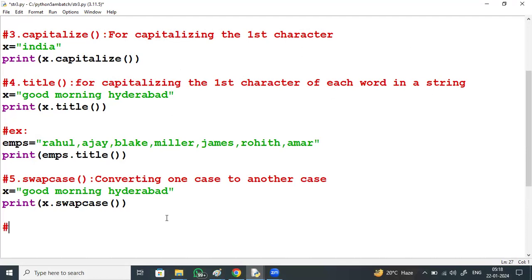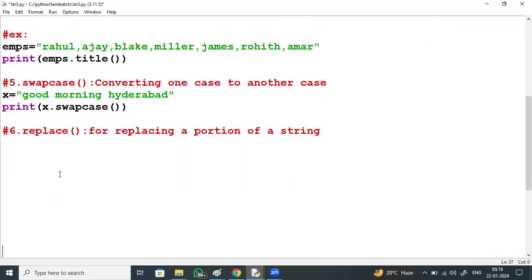Next, replace. We have a method called replace, for replacing a portion of a string. For example, Java is easy.